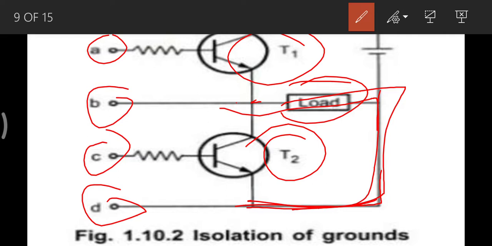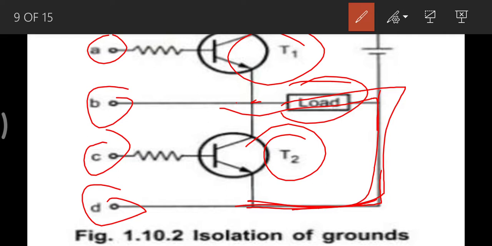So just for protection purposes only, we have to isolate the triggering circuit. When a fault occurs on the load side, whatever device we are using, either IGBT or MOSFET or anything else, that fault may damage the triggering circuit. So that's why we have to isolate the triggering circuit.